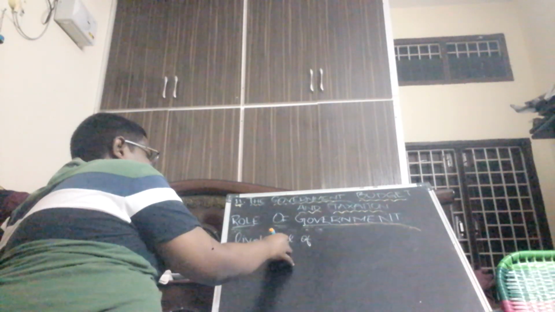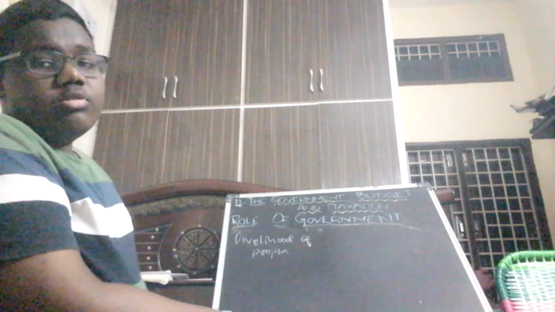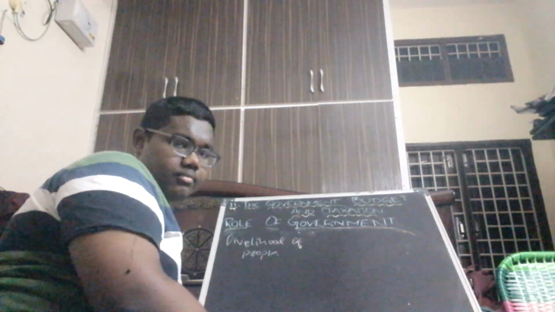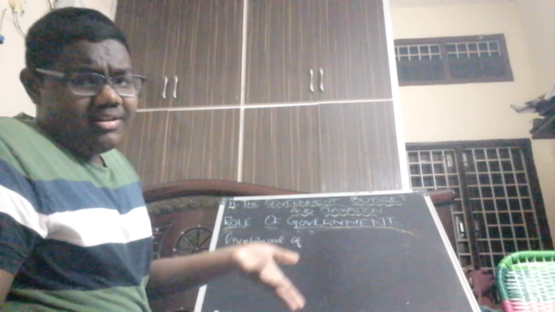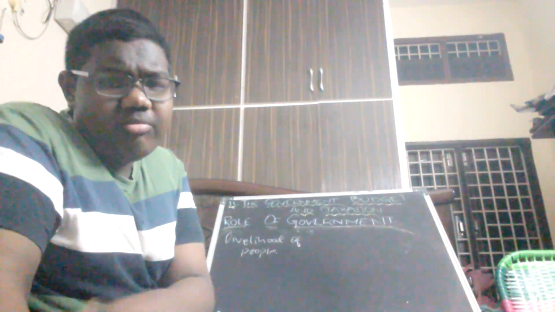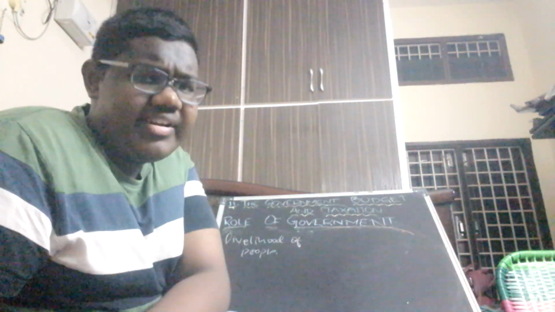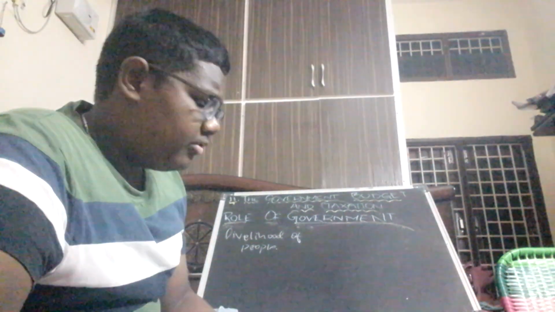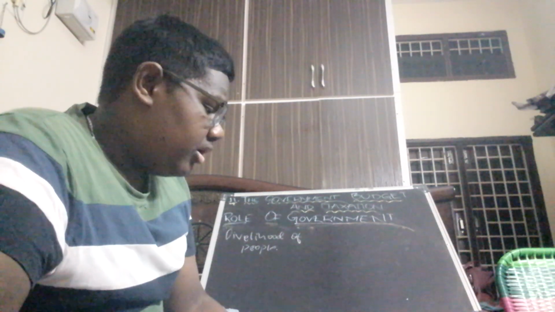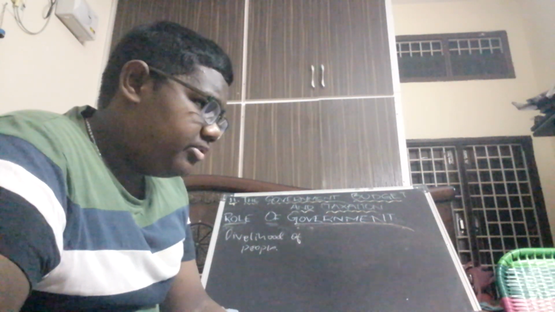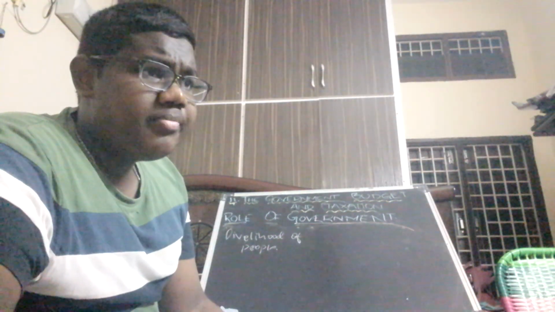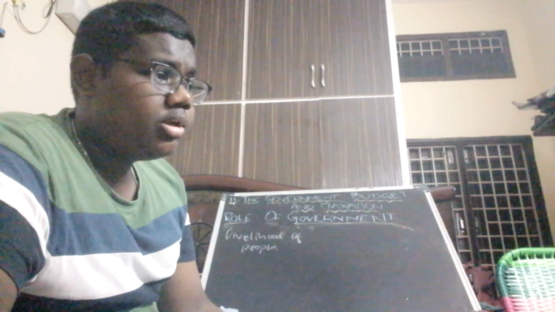Hope you all are understanding. So, livelihood of people is very important. What is the livelihood of people? Now we will discuss. It is there in our topic only. In this session part 1, I will finish the role of government and subsidies, and the annual budget. I will finish all of that.